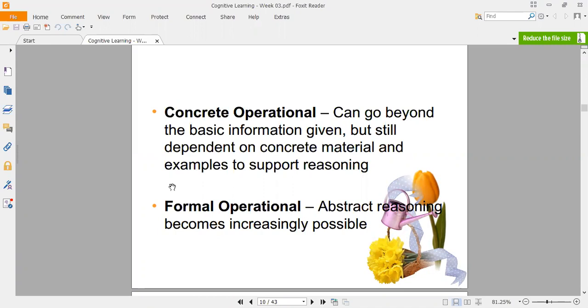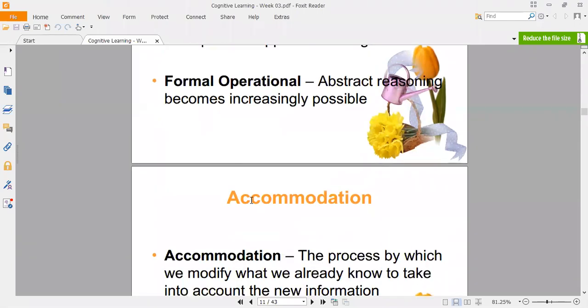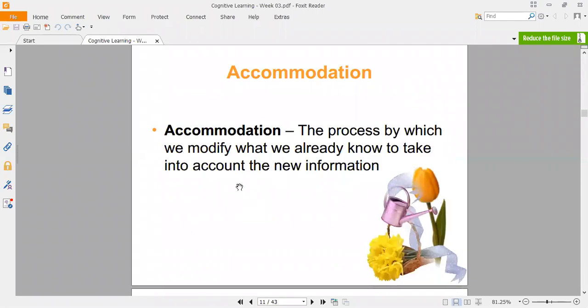So here that means most of the time they are learning from different instructions or understandings, right? And then we are going to accommodation, the process by which we modify what we already know to take into account the new information. That is true. As an example about